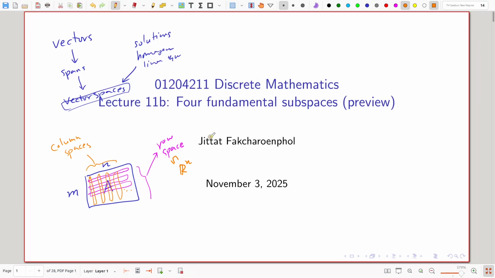We'll look at that concretely later. Now the column space: each vector in the column space has m elements, so each vector belongs to R to the m. So the column space is a subset, a subspace, of R to the m. So we have 2 spaces now, and I'll show you 2 more later. But let's take a look at that concretely now.